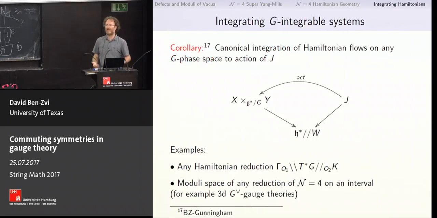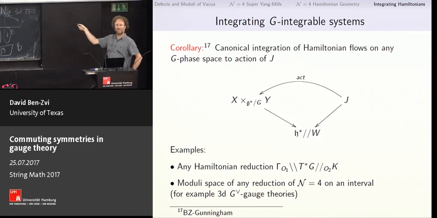So what is it good for? Again, let's try to unpack this in a less abstract way. It tells you that any of the families of Hamiltonian flows we were constructing, we said there's a whole bunch of commuting Hamiltonians on all of these G phase spaces, all of those families can be integrated. So there's a family of abelian groups over this Coulomb branch that acts on any of our Poisson spaces,